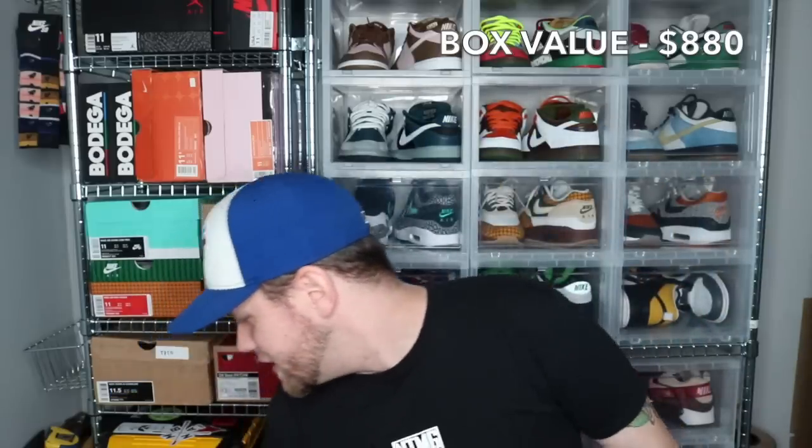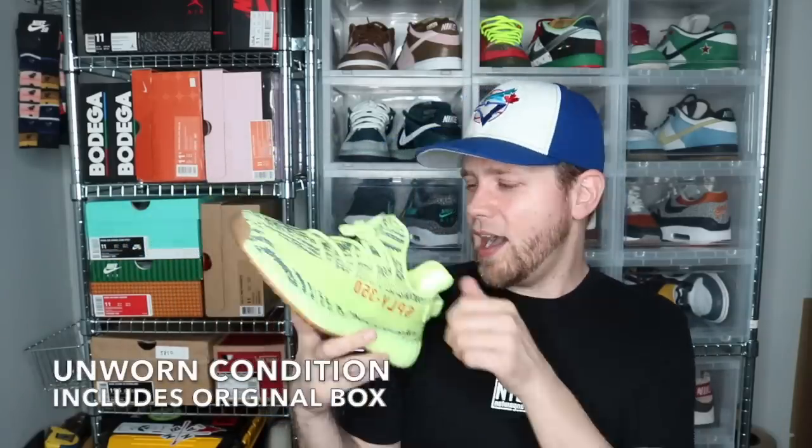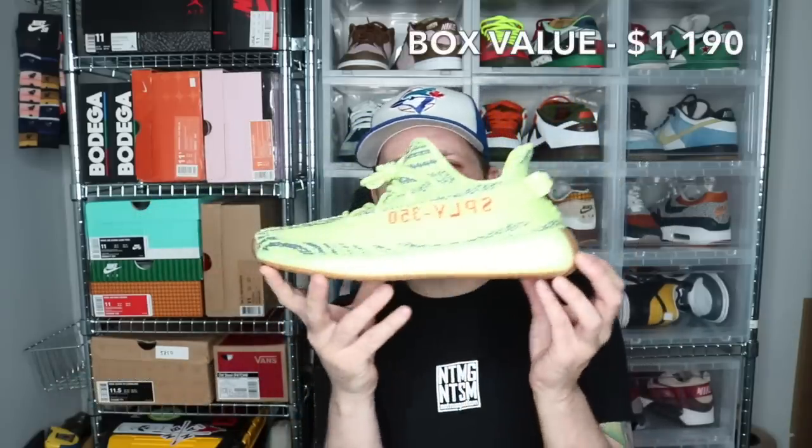I'm gonna get this out of the way. This is a size 10.5. This is a pair of dead stock McChickens, or Yebras, or whatever people call them. I've called them the Pebras before, but it's a much more fluorescent yellow. So when these came out, these were like it. People were paying massive amounts of money for them, and now they're down probably around retail, but I do not